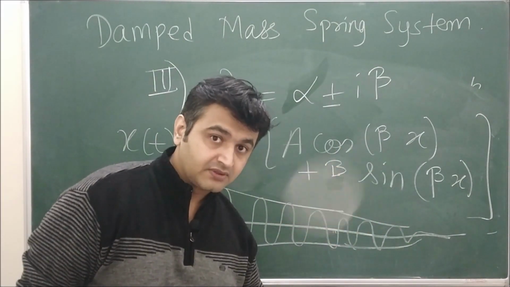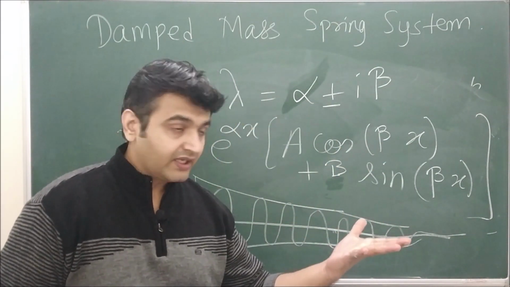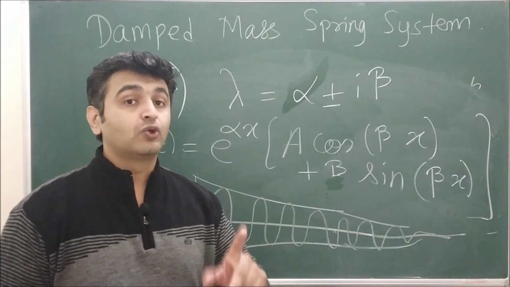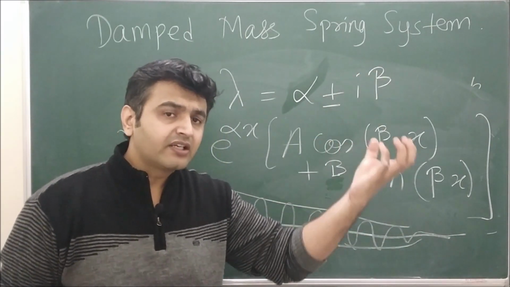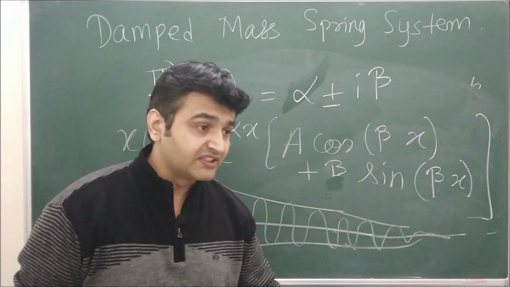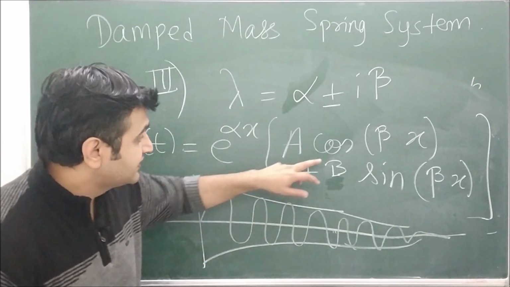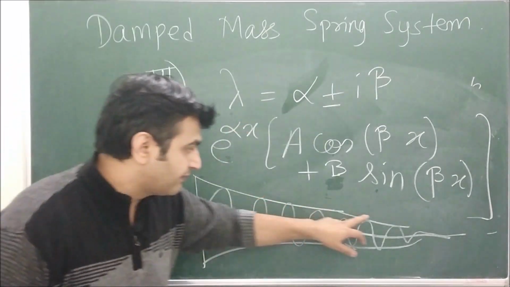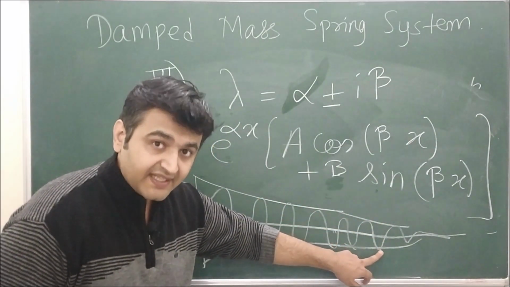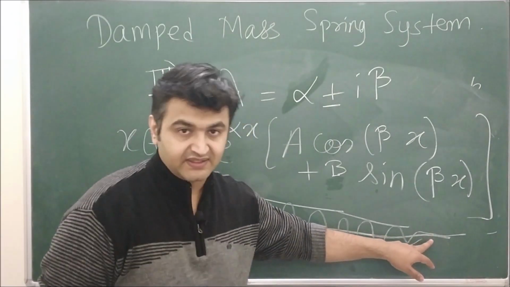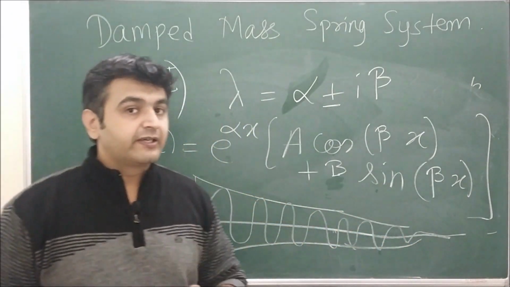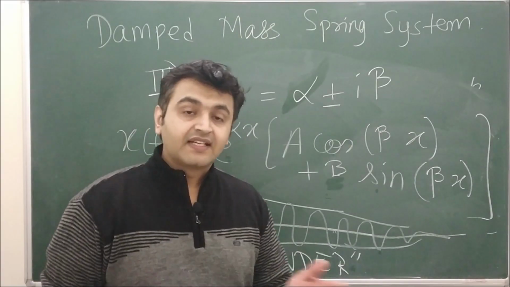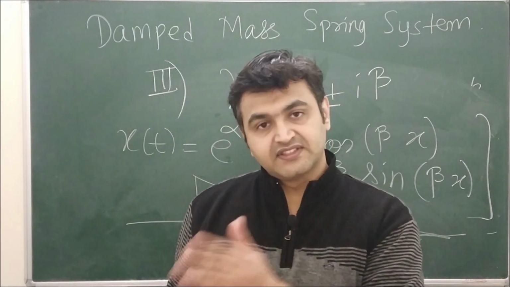So you pull the spring and then you release that object, it will oscillate and slowly it will come down to rest. Whereas in overdamping, you pull, you release, it will immediately come to rest. Hardly there will be any oscillations. But here in the underdamped system, because of sine and cosine terms in the solution, and the exponentials are the boundaries, or they bound your sine and cosine wave, ultimately it will come to rest. So usually you will see underdamped or overdamped systems. So these are the three possible cases and their corresponding physical interpretation.